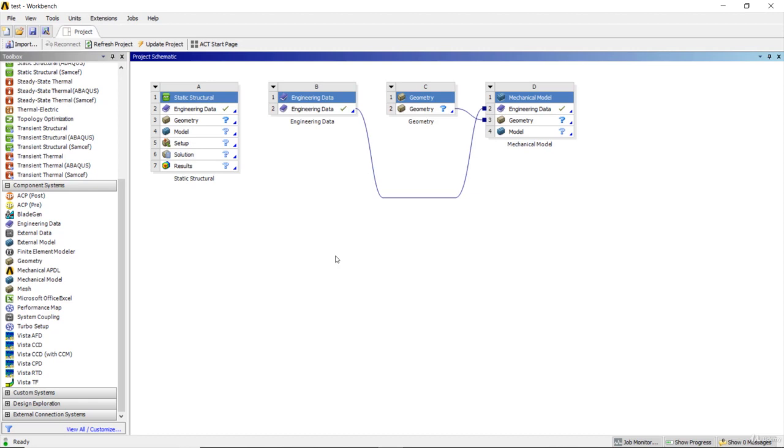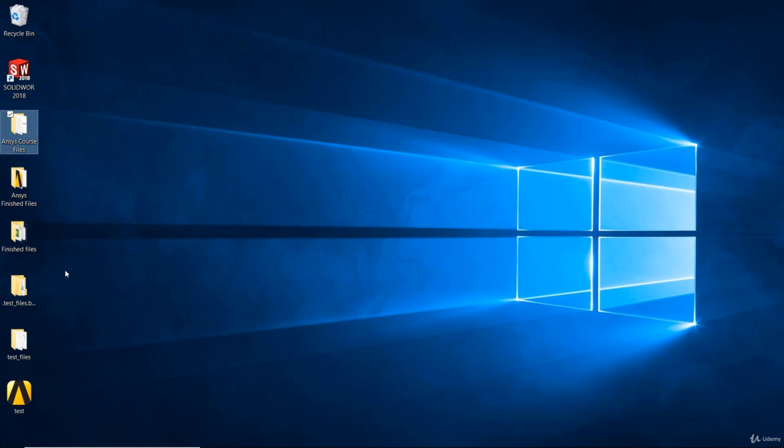Let us go to the desktop once. See here on the desktop where I have saved this test file, one folder as well as one ANSYS Workbench file has been created. In this folder, it will have all the result values, all the geometric bodies and other things which are used inside this ANSYS project. And this file contains all the links and the project templates that have been used in the project. So if I want to open this project, I just need to double click on this so that it will be opened inside ANSYS Workbench.